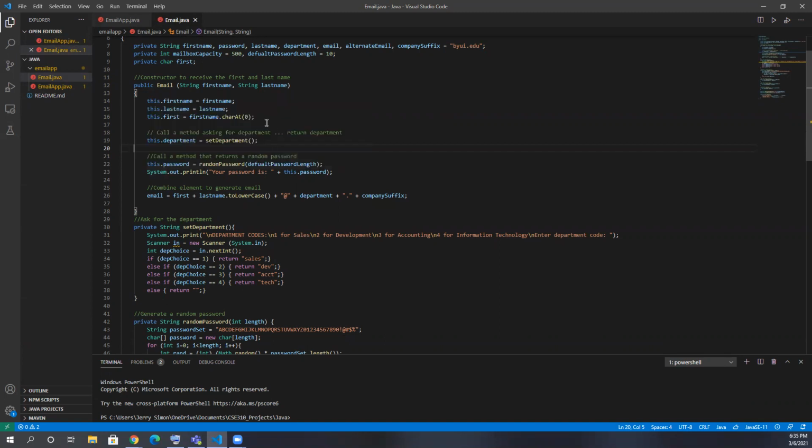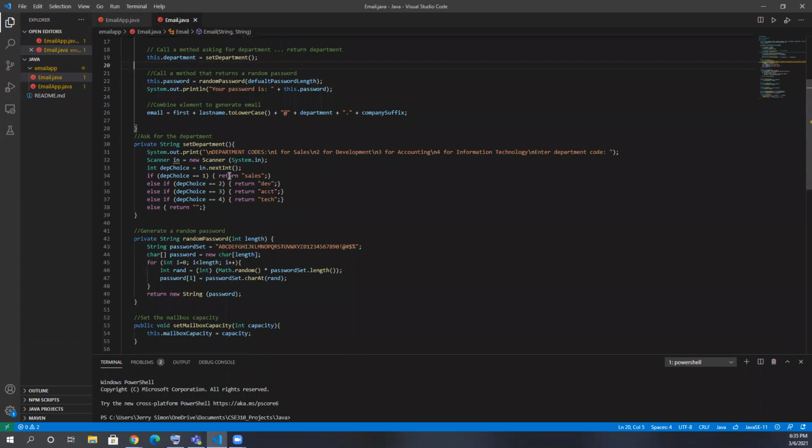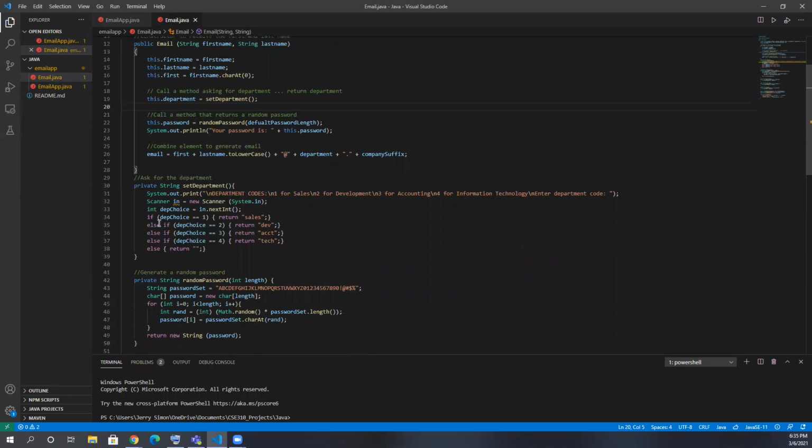I have a function, a method that is also returning a random password. And as you can see right here, the password is being set by this random password function. And when we move on in this function, so this is outside the constructor. This function is to ask for the department, and as you can see, the set department. As you can see right here, I print out a couple of lines of code for the department that I'm trying to create this email for, and pretty much I would say,